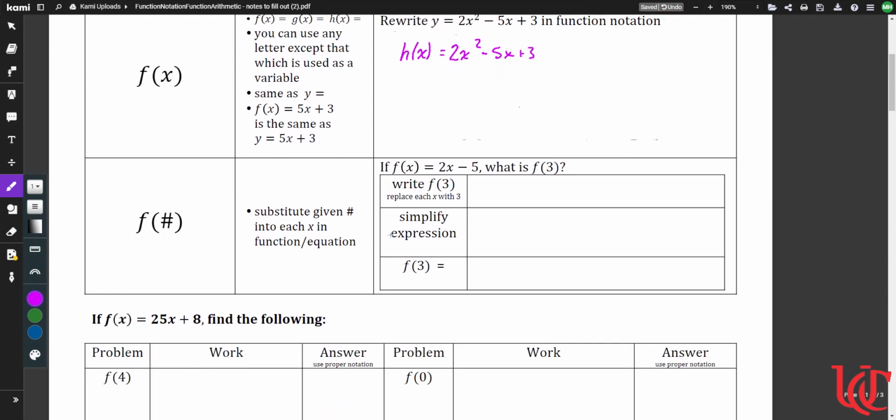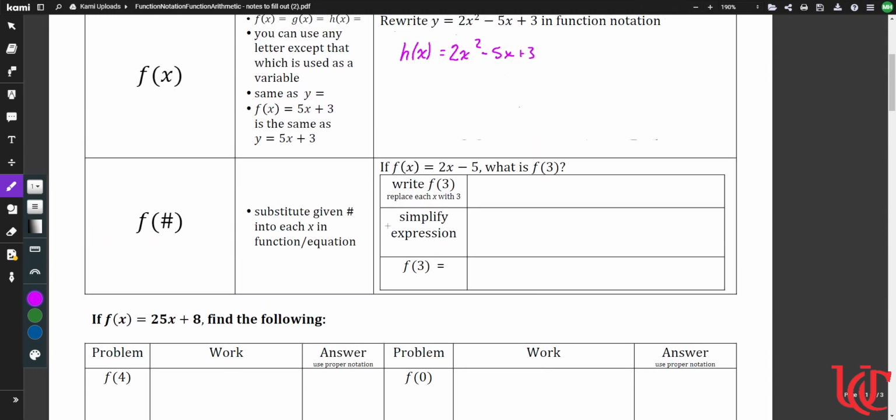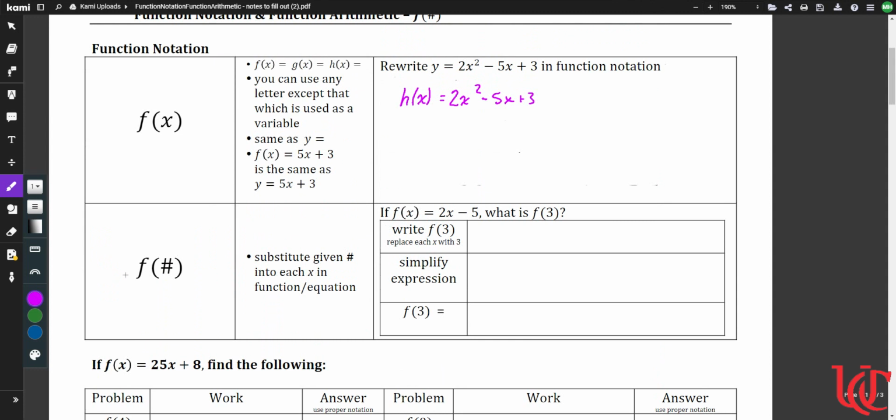All right, so remember, function notation is going to be our shorthand way of telling us what to do. So if we say f and then we put some number in it, it's going to say, oh, we're not going to look at x's anymore. I want every single x to be replaced with whatever number we have. So if I am doing f of x equals 2x minus 3, and I need to solve for f of 3, I would start by saying f of 3